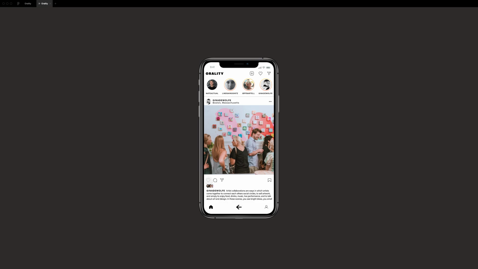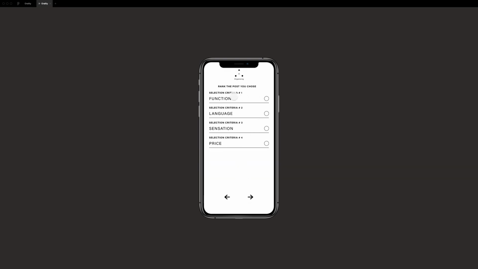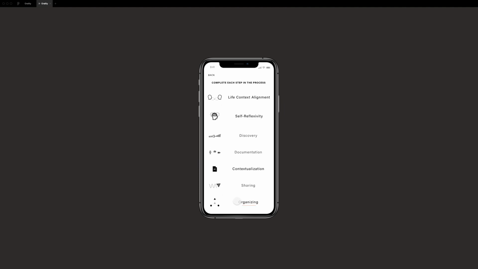We can back out if we want to like a different one, if we want to scroll. But we're going to like Gina's post because it's great. We're going to click next. And here are the criteria of organization and the ethnographic narrative to kind of rank the interpretation. So within this interpretation here,